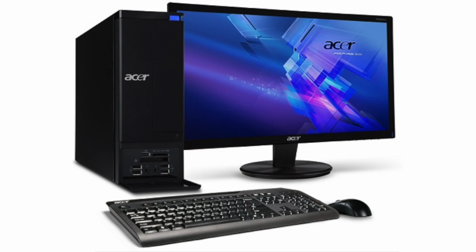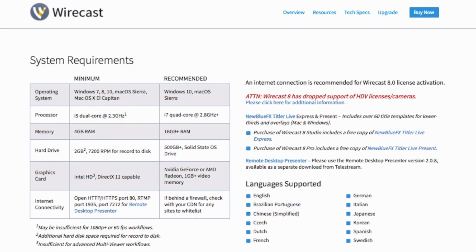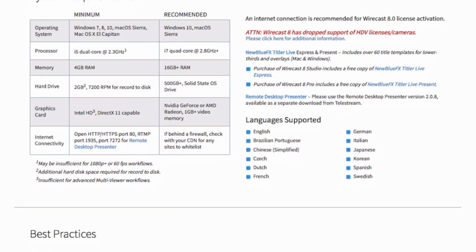Whether it's a Mac or a PC, whether you built it yourself or bought it off the shelf, it's important to keep a few things in mind. First, make sure that you choose a computer that's suited to your workflow and your budget. A person who is just streaming their webcam and a few slides needs a very different machine from someone who is streaming full 1080p live action sports at 60 frames per second. We have minimum specs and recommendations on our tech specs page, which will help you determine what computer you need